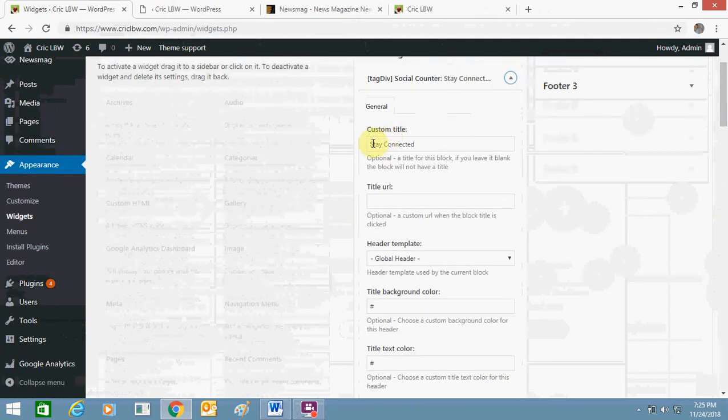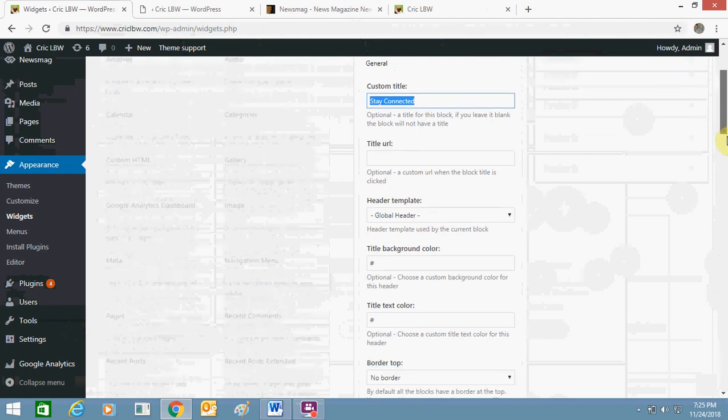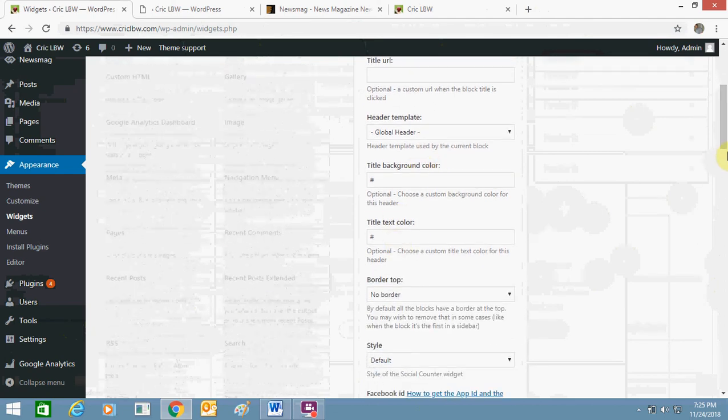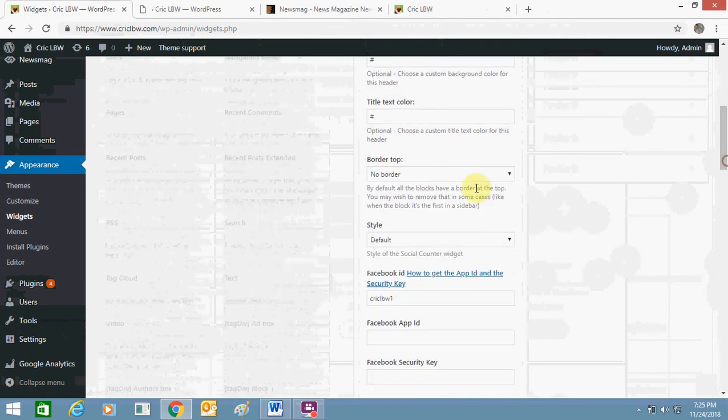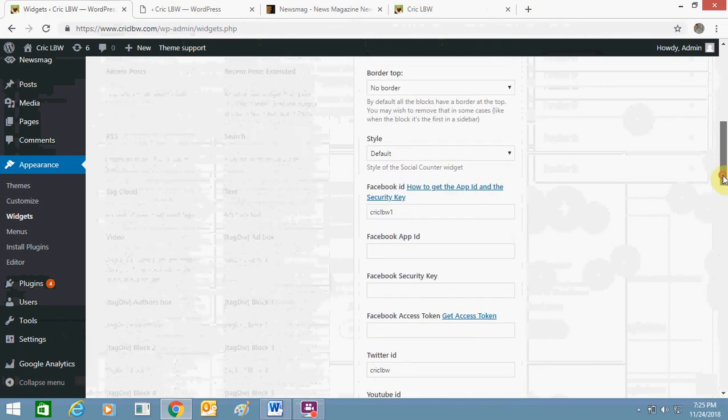You can type anything here. I have written "stay connected." You can write anything else as well. And now in this section, you do like global header here. Leave this hashtag, border type top no border, style default, and here you will get options like Facebook. These options you will get for all the social media. And here I have added this Facebook